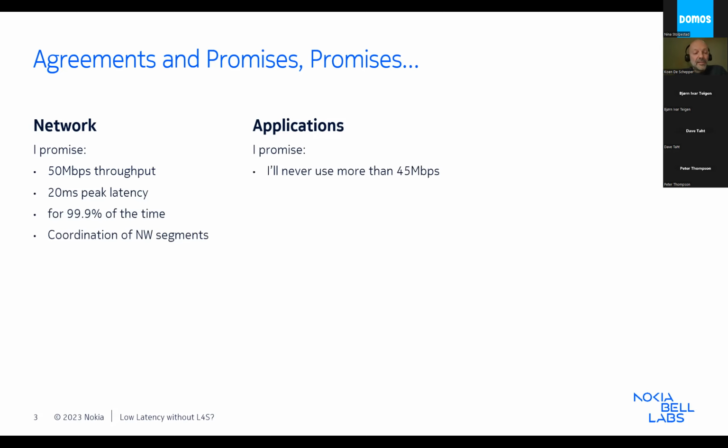On the other hand, we have the applications that, of course, also need to know and respect the agreed capacity and promise never to exceed it. Actually, stay far enough away from that enforced capacity limit, because as a true low latency interactive application, you don't really want to hit the policer or the latency wall. Also, wireless networks are very popular, as users today don't like to be on wires anymore, but wireless networks are even more challenging and bring additional user concentration and coverage limitations, making it even harder to keep promises.